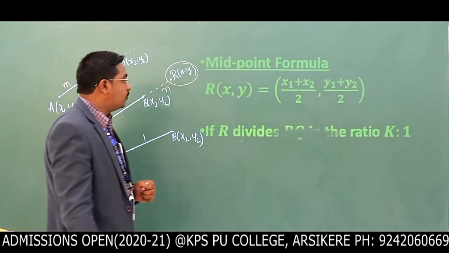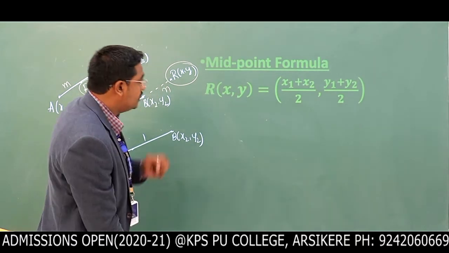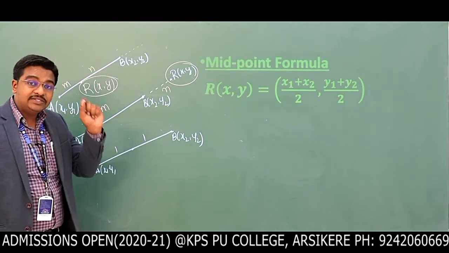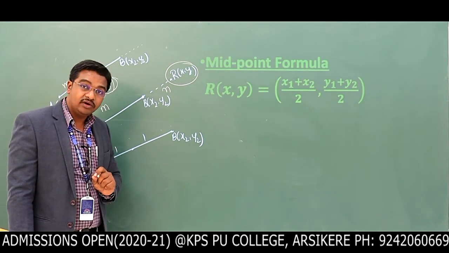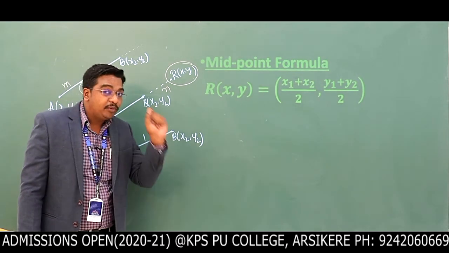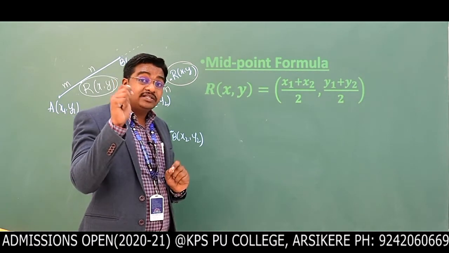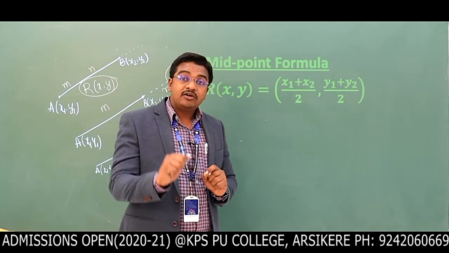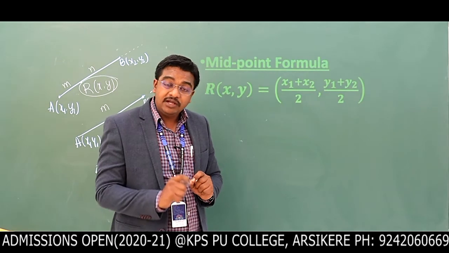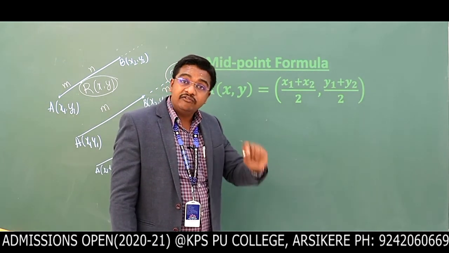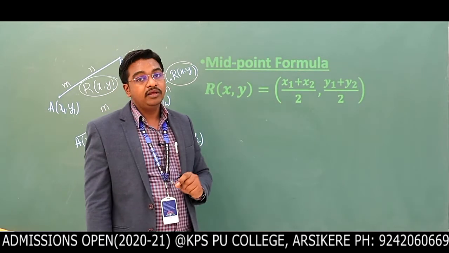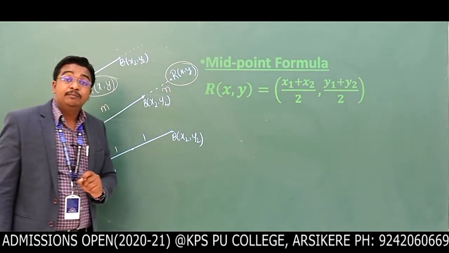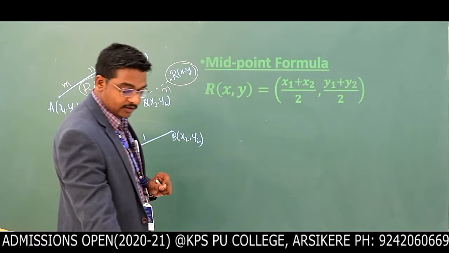R of x comma y becomes x1 plus x2 divided by 2, comma y1 plus y2 divided by 2. Understood, children? The formula is very important. The midpoint formula is x1 plus x2 divided by 2, comma y1 plus y2 divided by 2. It means the sum of the coordinates of x divided by 2, comma the sum of the coordinates of y divided by 2. This is the formula to find the midpoint. The next one,